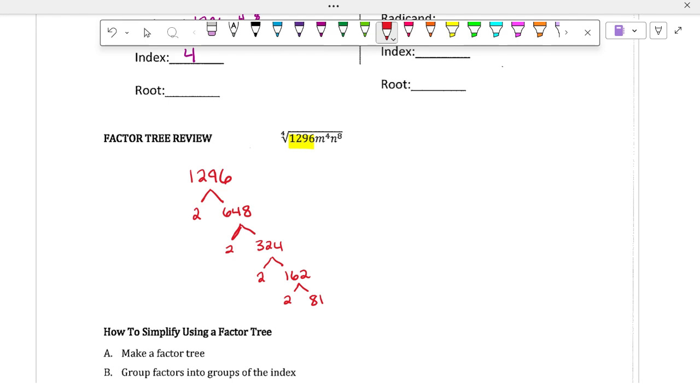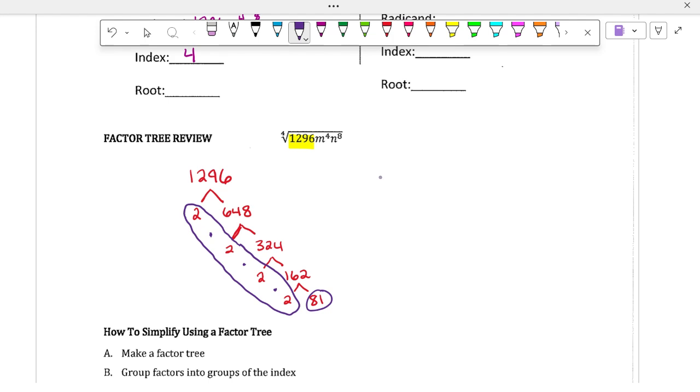Now, we know that 81 is a perfect fourth, because it'll break down into 4 threes. So 81 is a perfect fourth. But if you also look, we have 4 sets of 2, which means 2 times 2 times 2 times 2, that's also a perfect fourth. So if we multiply all 4 of these together, we would get